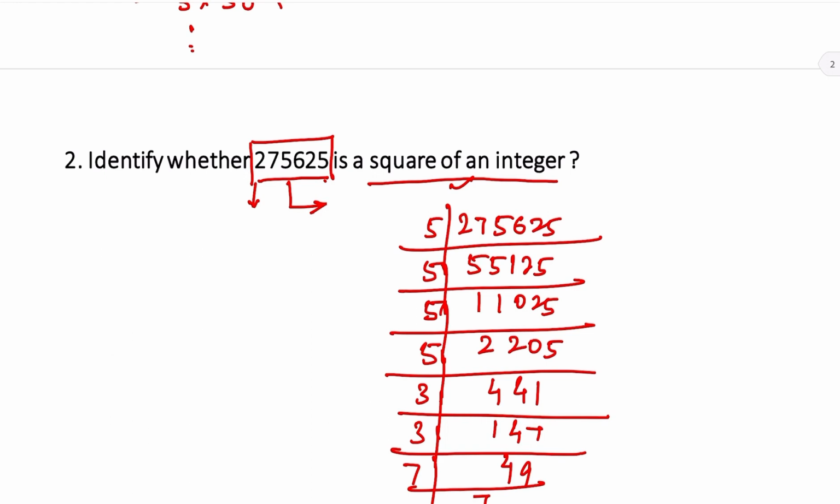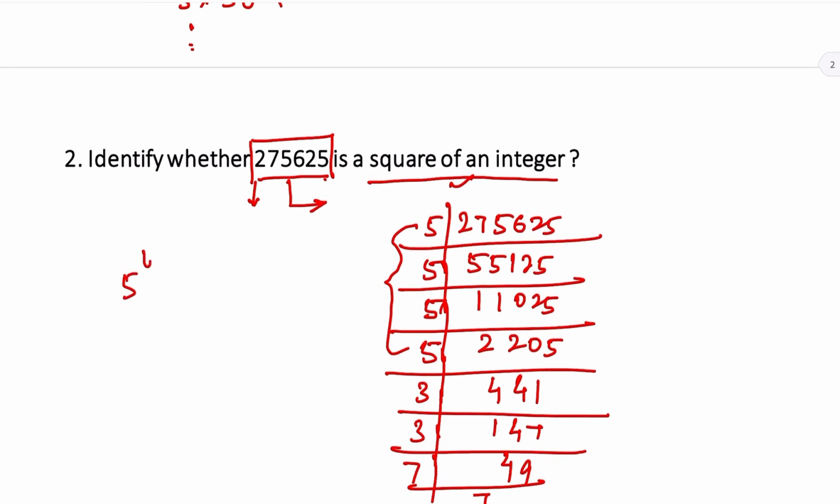Okay, so now we can check their total number of 5s, 4. So 5 to the power 4, multiplied by their total number of 3s, 2. So 3 to the power 2, and their total number of 7s, 2. So because each of the prime factors of this given number 275,625 is raised to an even power, therefore